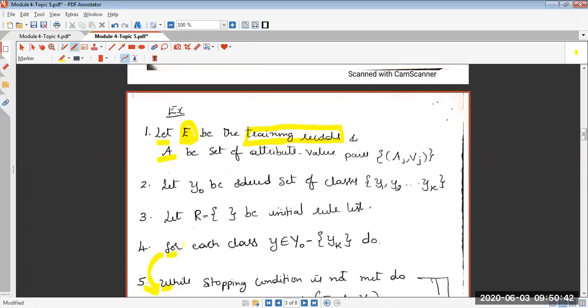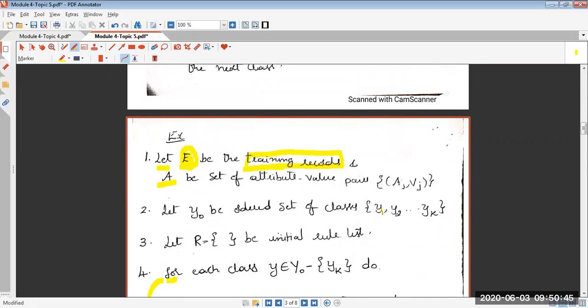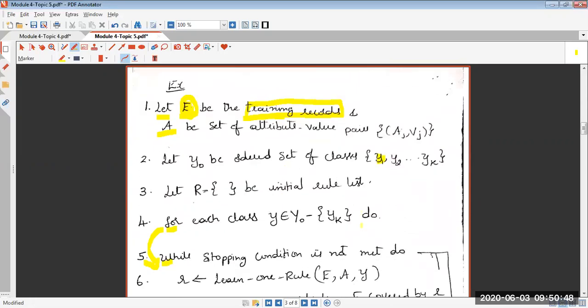Now, I will take my first class y1. So this is the first iteration of the for loop. With the class y1, the for loop will enter. My objective now is to build rules for the class y1, so that the classifier can identify the records which belong to class y1. My objective now is to build rules for the class MIT students. The reason is I want to identify whether this person belongs to MIT or he is an outsider. So now I will take the MIT class.